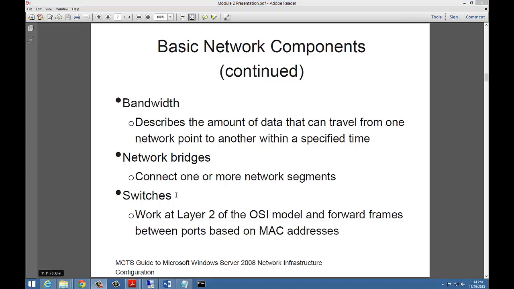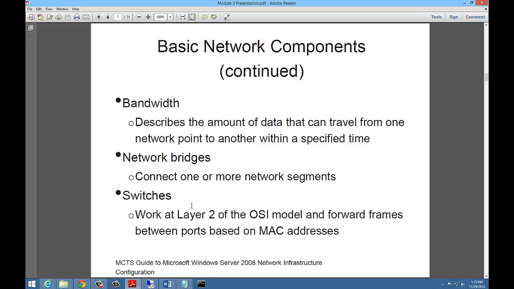So what makes switches unique besides the MAC address is that it also has a memory. The memory says if you are connected into one port, it memorizes your hardware address, your MAC address, as well as your TCP/IP address. And so when someone else wants to communicate with your computer or server, the switch remembers where it was, whereas bridges and hubs would just broadcast that information. It would say, where's the server? You'd find the server, send the data back. The next time somebody says, where's the server? Then it broadcasts it again. Switches don't do that. Switches remember where it is, so it doesn't require all that broadcast information